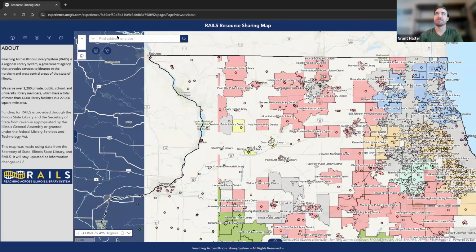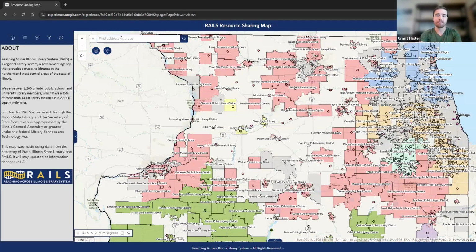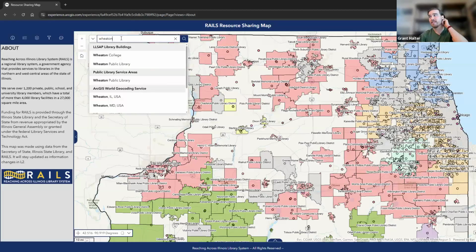The next feature I always like is the search. Wheaton has been the default just because they kind of cover a bunch of bases. But when you type in the search box, you see three categories of what Wheaton comes up as. You see the service buildings, library buildings, and that is all the dots on the map, searching for that keyword. And then you have the public service areas, which only looks at the names of the service areas,